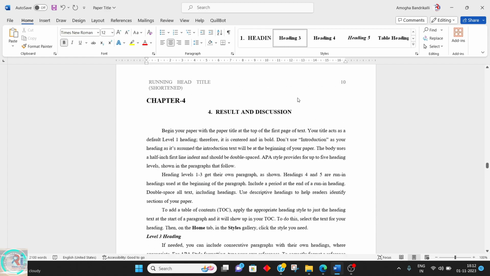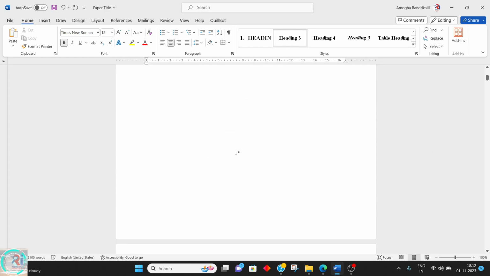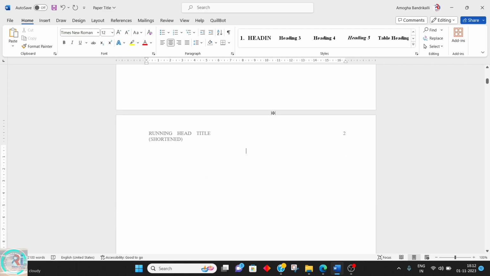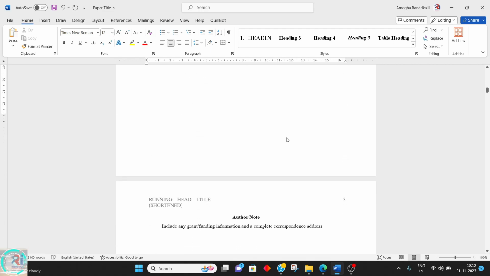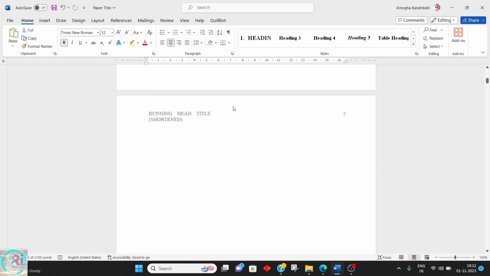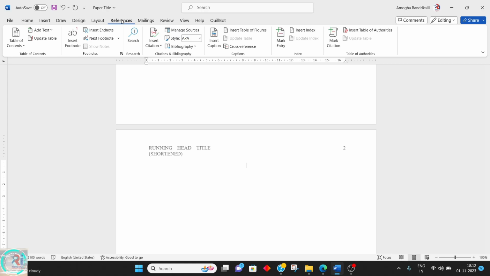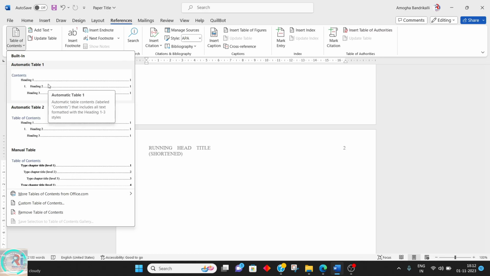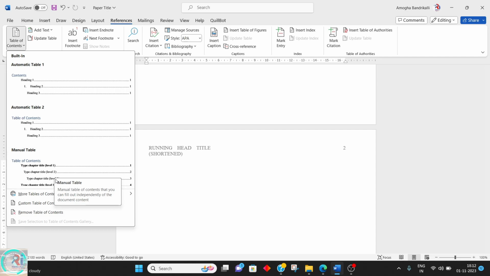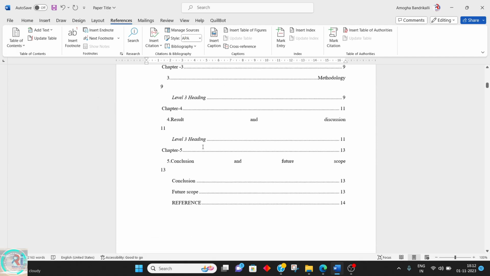After doing all these changes in your document, you can go to the very first page and press enter. What you need to do here is, in a fresh page, go to the ribbon called References. Here you have table of contents. These are all the types of automatic tables which you can select. So level 1, level 2, level 3 is what I was just talking about, like header 1, header 2. So if you click on this,